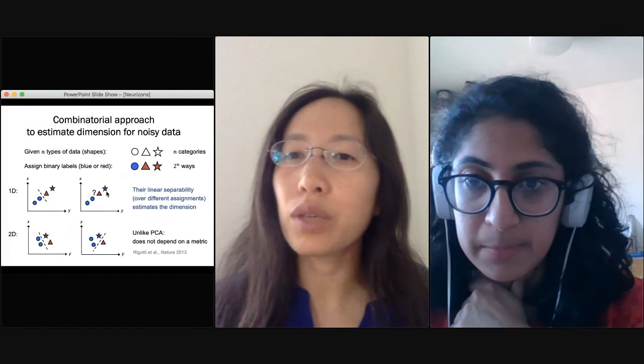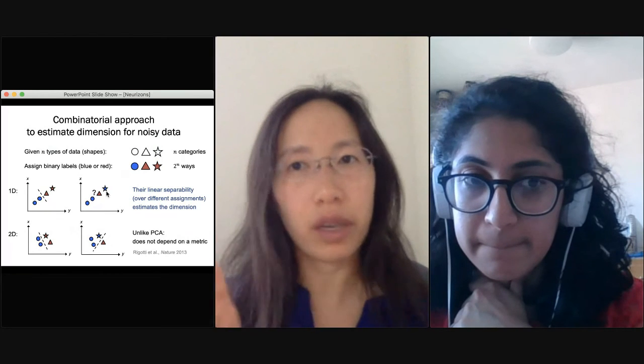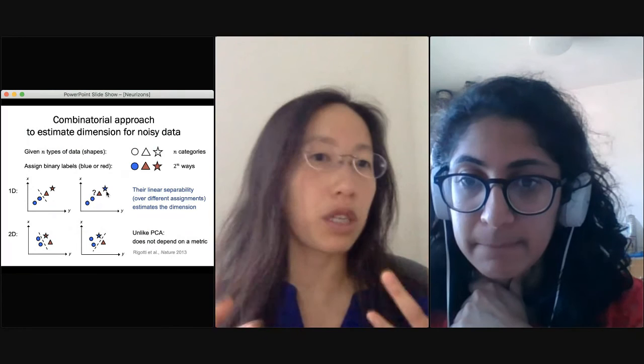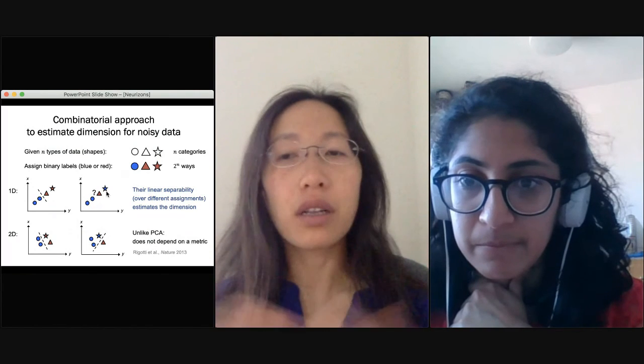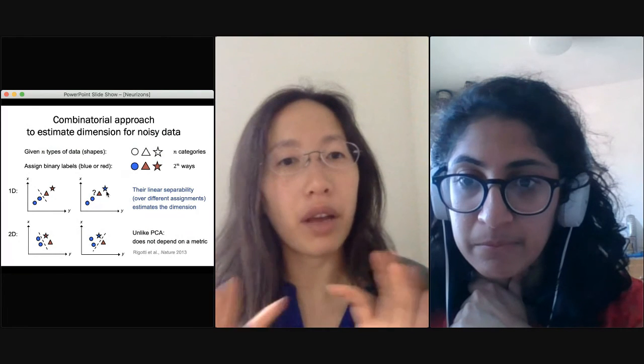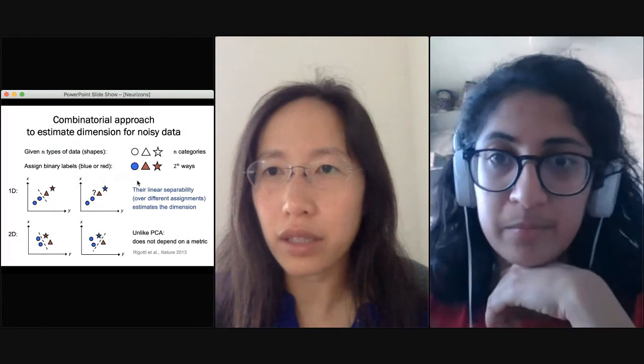So we did not try and use PCA. We did use some other things. For example, this is a very computationally heavy approach. For example, we just use a kind of vanilla linear classifier, and we did compare there. Let me see if I have that slide.